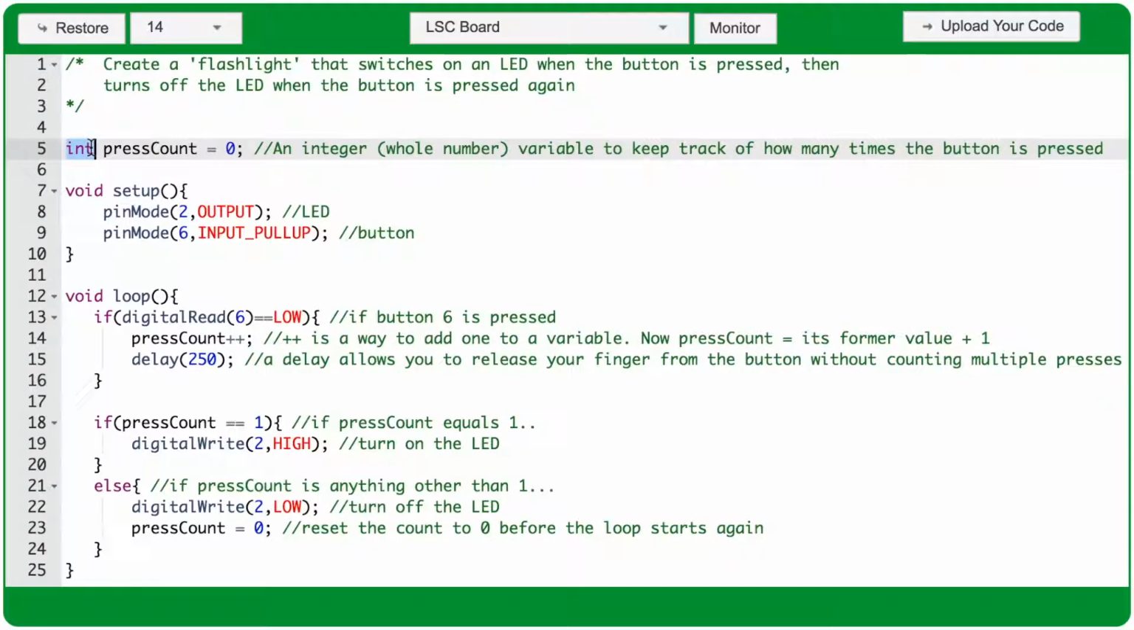First, we have to decide what type of variable we're going to use. This is an integer variable, shortened to int, and that means the variable can only have whole number values, no decimal places. Next, we name the variable. I'm naming it pressCount because that's what this variable is going to track for us, how many times the